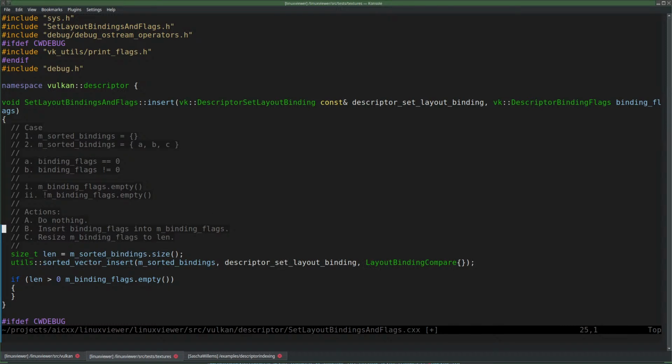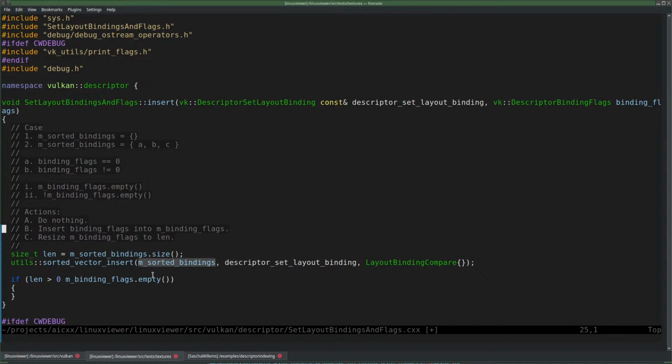So if I delay the creation of the vector, that's all nice and dandy, but I still would have two vectors then, and then the next time that a non-zero binding flag is being passed, or even a 0 one for that matter, if I insert a new descriptor set layout binding in my sorted bindings vector,